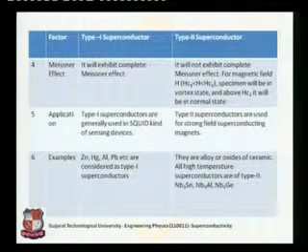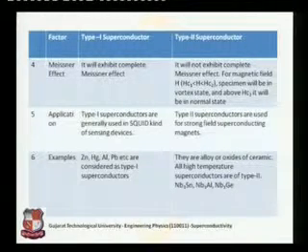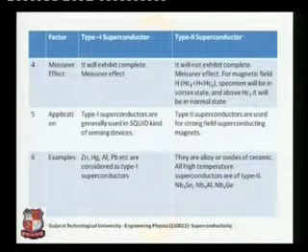Okay, now the fifth point of difference is application. What kind of application do we get? From the set of properties, only the material is going to get applications. If we talk about type 1, it had a quite low value of Hc. So the critical value was quite low.